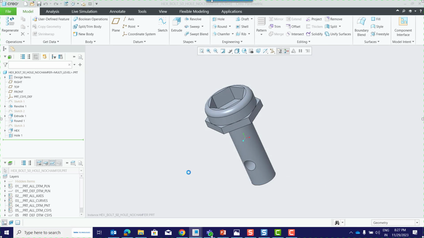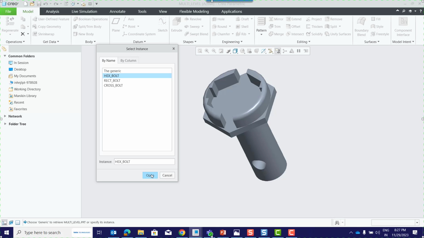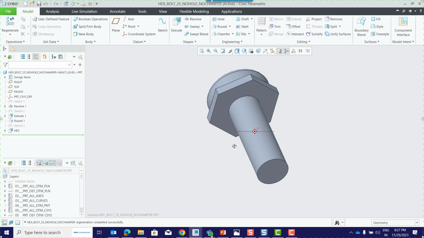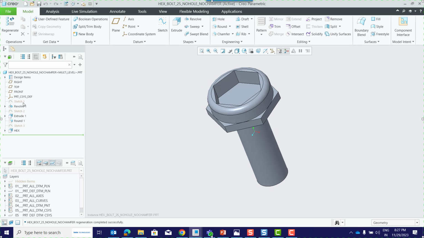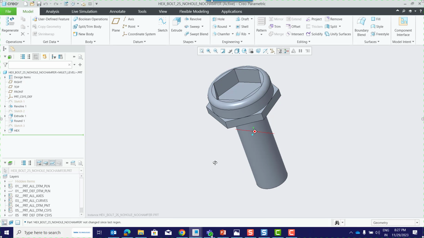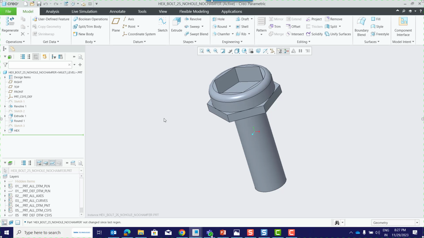Then again I go for opening, and if I open this, no hole no chamfer with 25 diameter. Now see there is no hole and no chamfer, both features are not there, and diameter of the hole is 25. This way we can create a instance level or multi-level family table